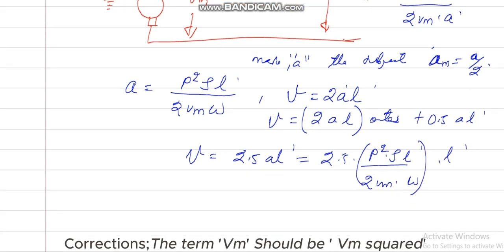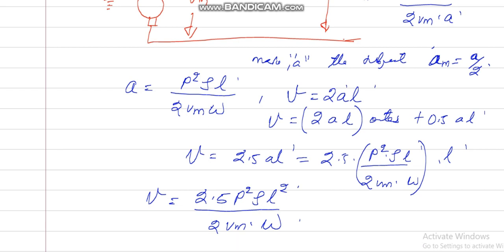Okay, kwa hiyo hii itakuwa sasa 2.5 P squared resistivity rho times L squared over twice Vm squared times W. Okay, so that is the volume of conductor material for 3-wire DC system. Okay, kwa hiyo tukitaka tufanye comparison, let's say